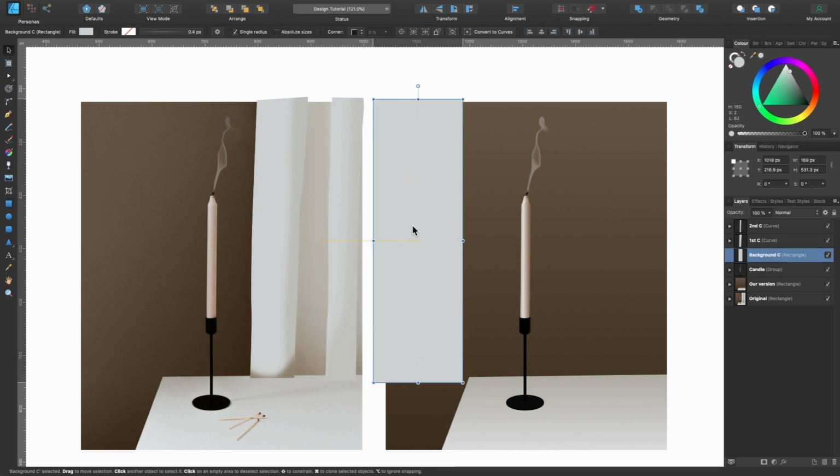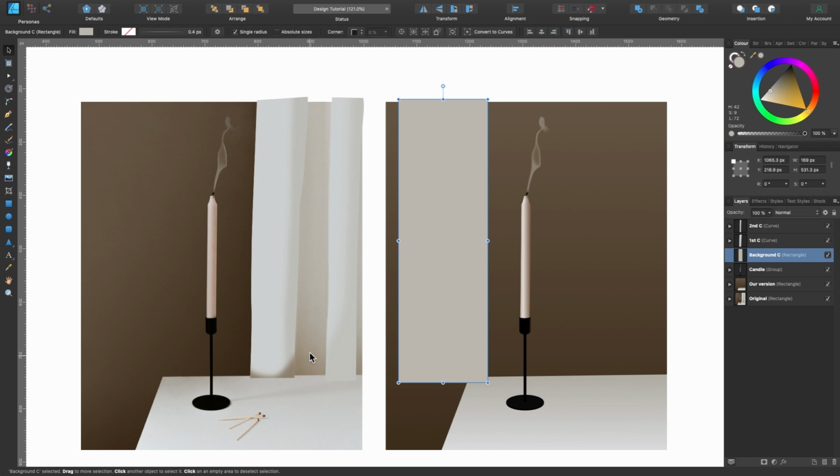I'll just drag that off and copy the colors. So it kind of goes dark here to light. It's a bit darker on the side there. I think I will just use a color picker tool, choose the color. Okay, so it's slightly darker there and then goes lighter. So I could just use the gradient tool. Just drag it down like that. So this is the color that it was before, and this is the new color. We're going to change that one.